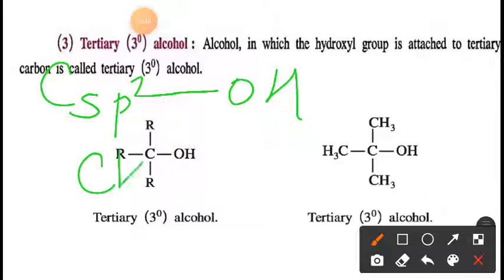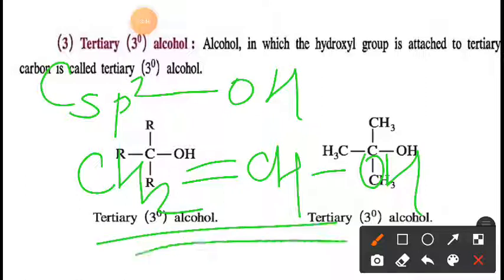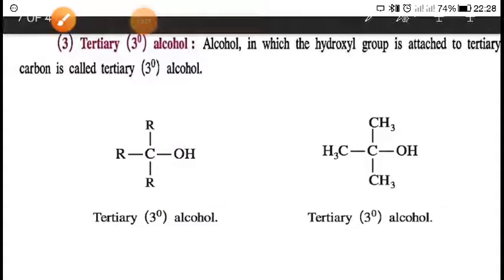I will give you one example. So this type, CH2 double bond CH, to which OH is attached. So this is what? This is vinylic alcohol. Okay, now I hope you have understood this. Now next we will see